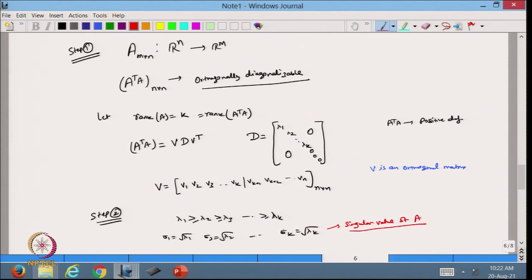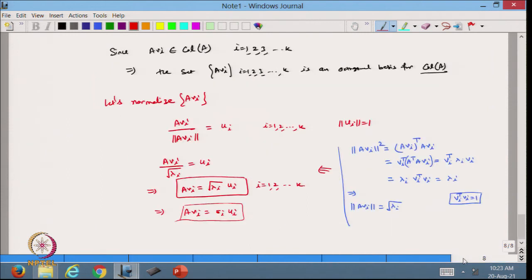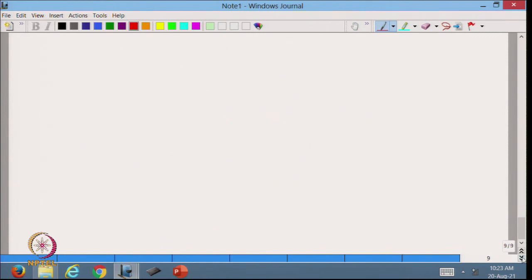It is a non-zero singular value, because all zeros are also there. So, we are writing the non-zero singular values, we are concentrating on that one. So, I get this value A V I is equal to sigma I U I. Now, from here I can say that, so the set